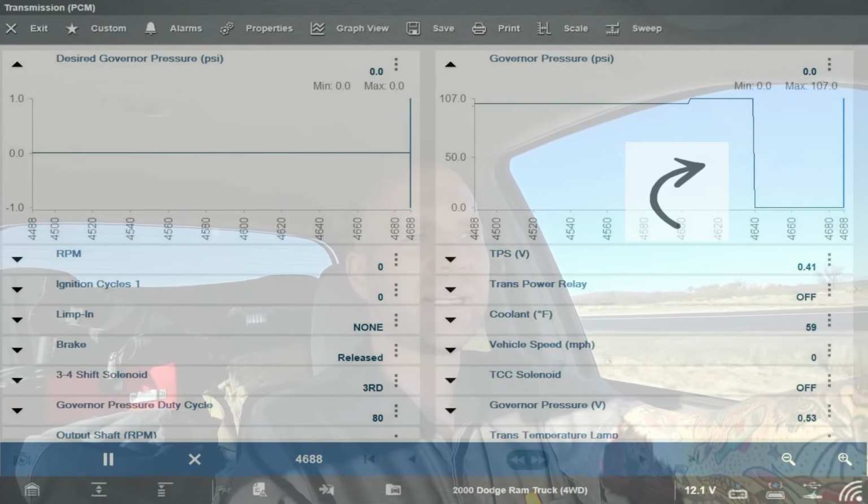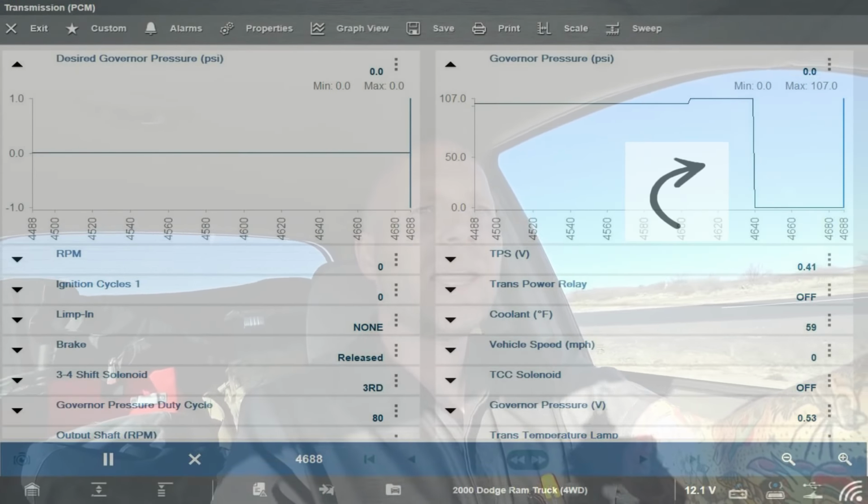All right, leaving job number 2. It is 9:06. Just needed a governor pressure sensor. He installed a new pressure sensor, but the sensor was bad, so I had him drop the pan. Previously, before I came out, I tested everything up to the wiring harness going into the transmission, and the 5-volt signal was good, the ground was good, and I was able to ground the signal wire with my test light, bring it down, or pull it down,